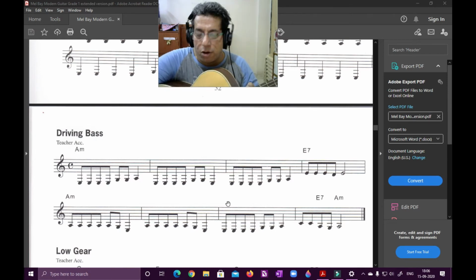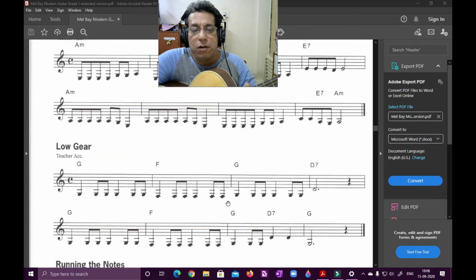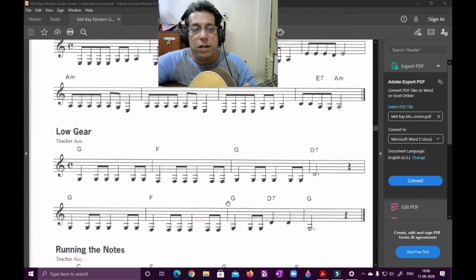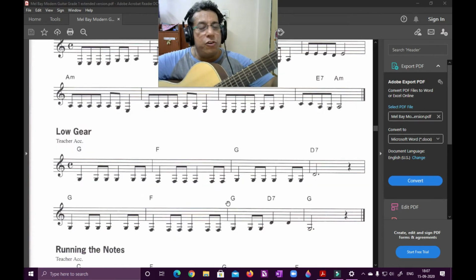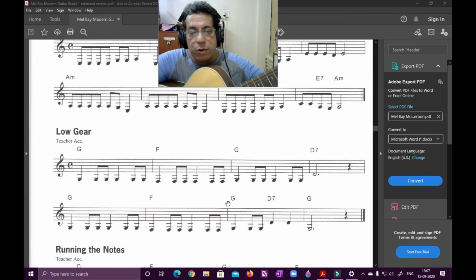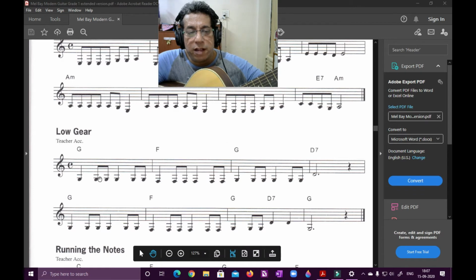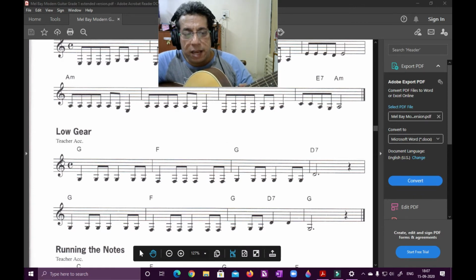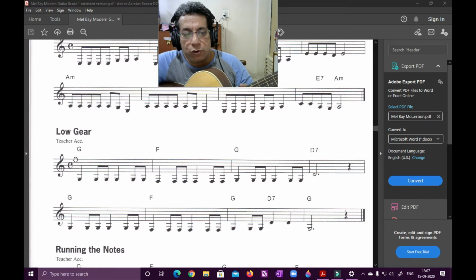Let us go to one more song to practice now, all the 5 strings. Okay, next one is Low Gear. This starts on your G. Note the timing here because we also have quavers here. You can see these beamed notes are quavers. Time signature is common time, which is 4/4. So I'll be counting. Watch the cursor. 1 and 2 and 3 and 4 and 1 and 2 and 3 and 4 and okay. So that will be the timing basically.